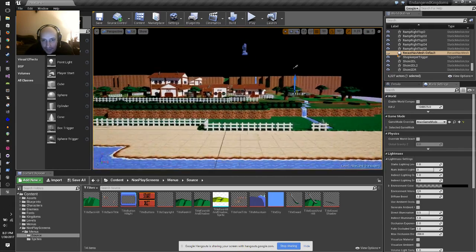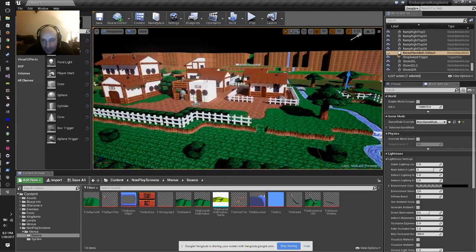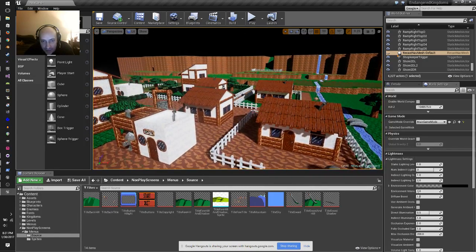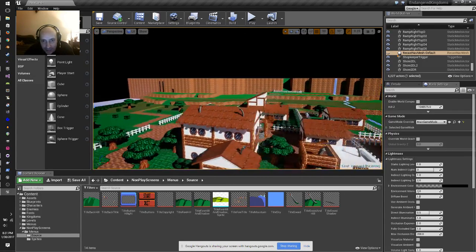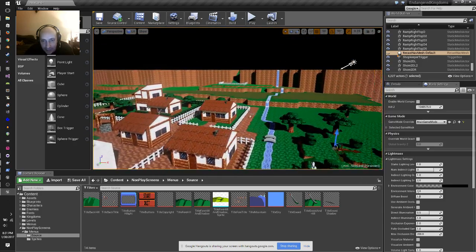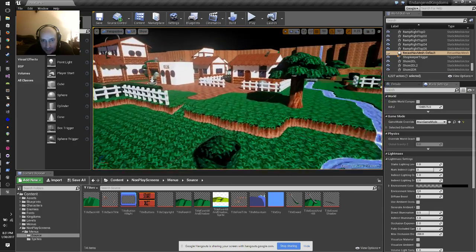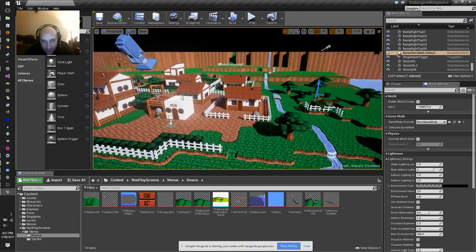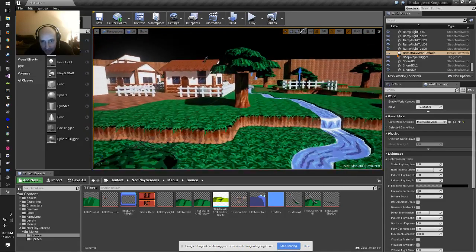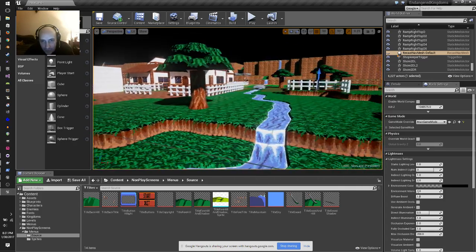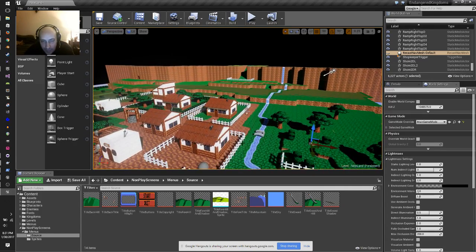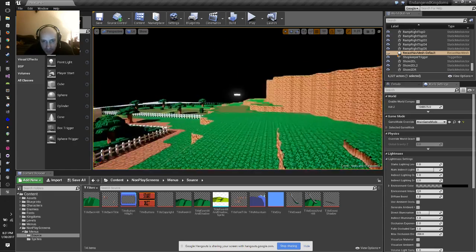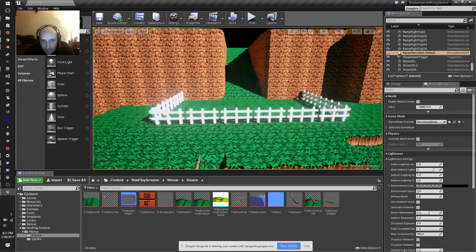I like that town. That is a good looking town, sir. Yeah, but it's super huge on memory because these have each individual blocks. Right, and each block has all the sides, as opposed to how most games would do it, where they just show the shell. Yeah, I was thinking of reusing the textures, maybe reworking them a little bit, and then convert this over into using the level designer mesh.